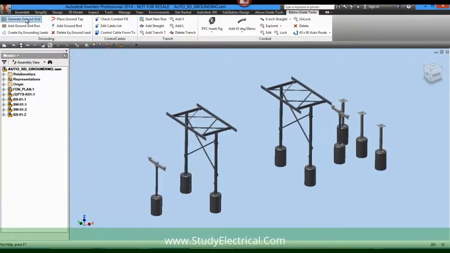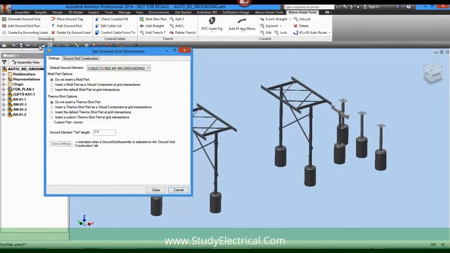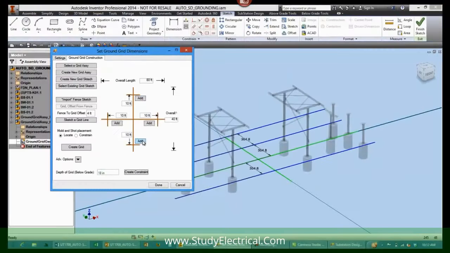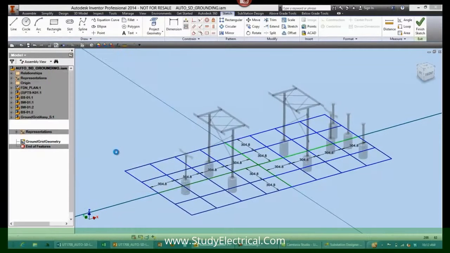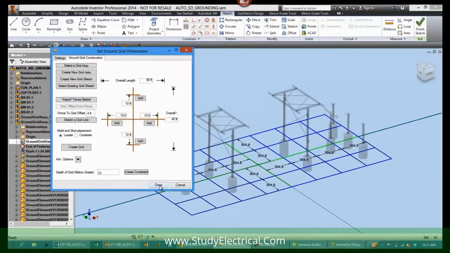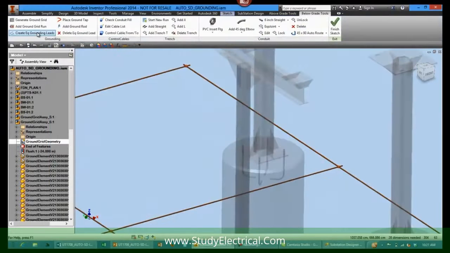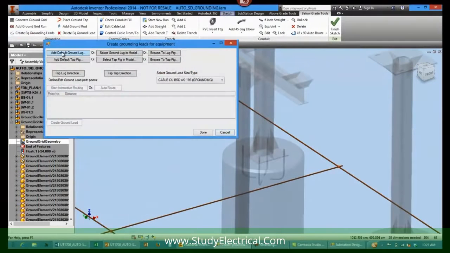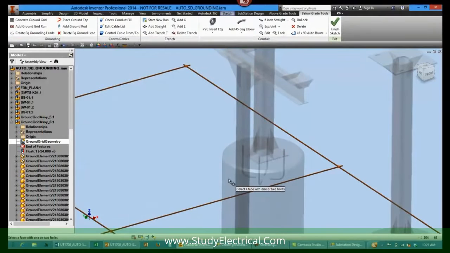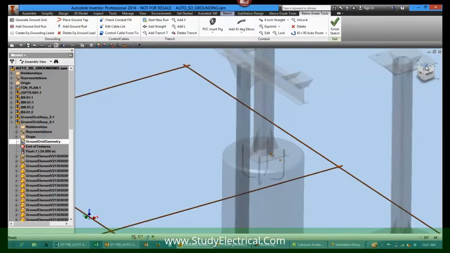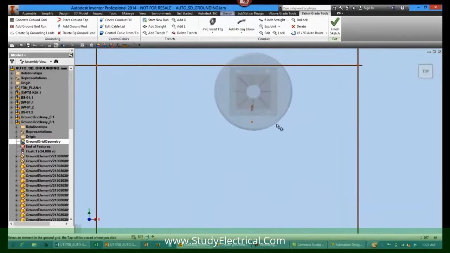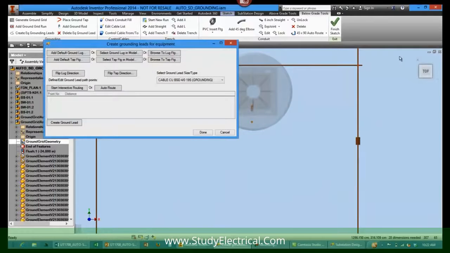Now grounding, we're going to generate a ground grid. Now we're adding the grid. This is set at a 10-foot grid, but this is just as an example. We need to run our grounding leads. The first thing we'll do is place the lug, and now we're placing the tap, and you see it's been